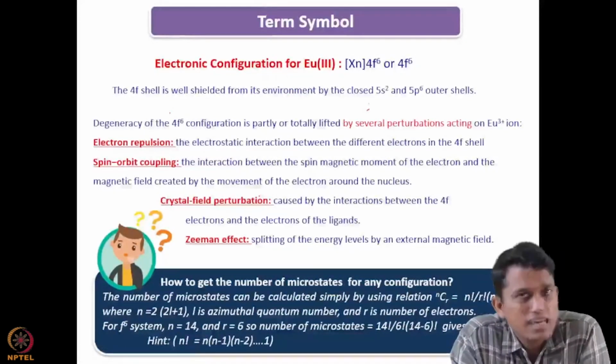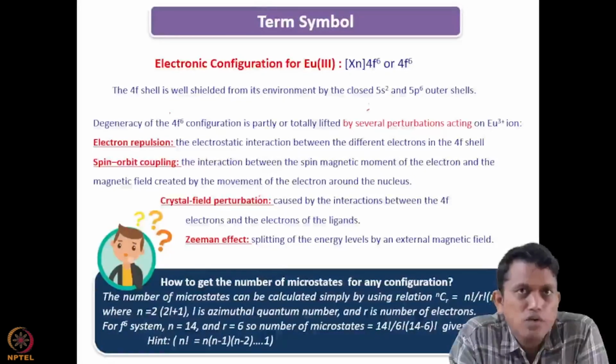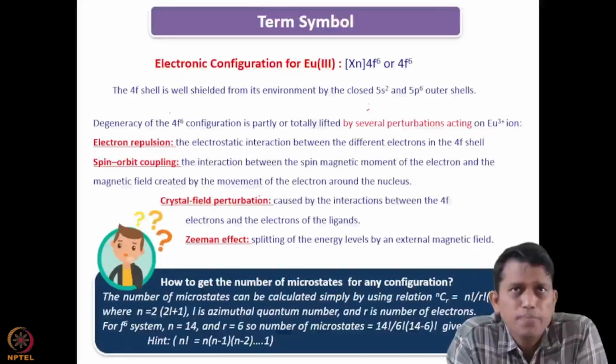So we know that there are possibilities of different kinds of electronic configuration, and each configuration will give rise to something called a term symbol, one term symbol. A term symbol is basically, if you have an electronic configuration and you want to understand the energetic part of that configuration, you have to talk about the term symbol, because it relates to the energetic part of the